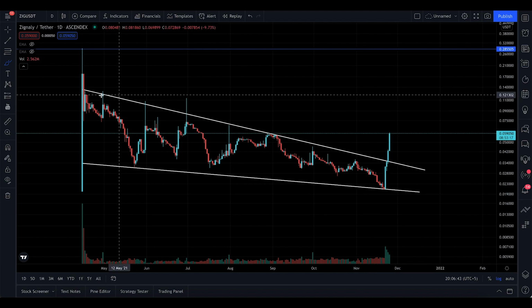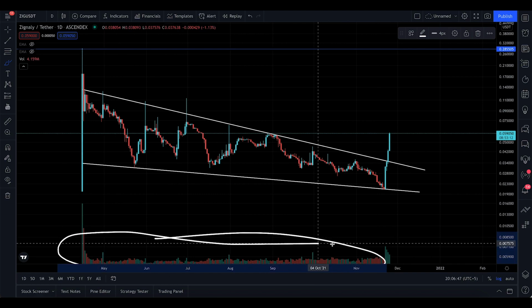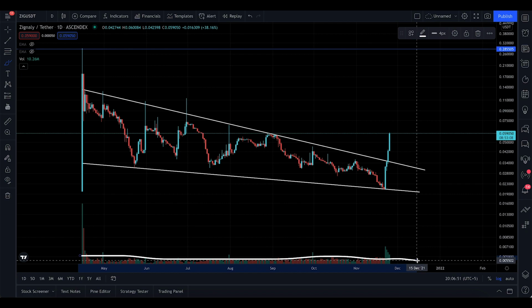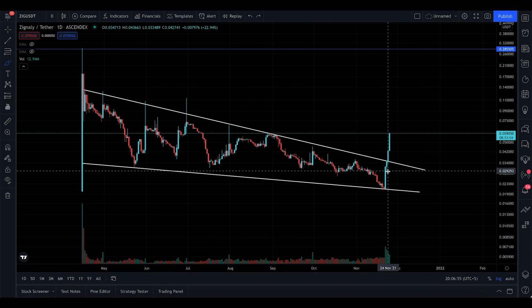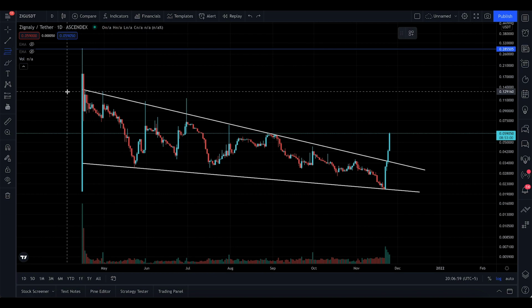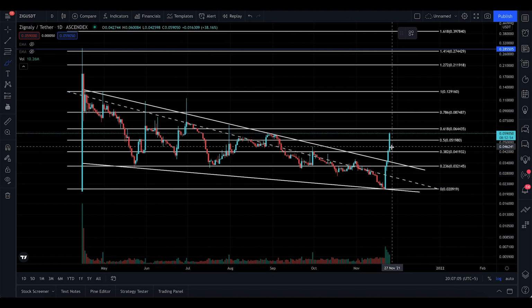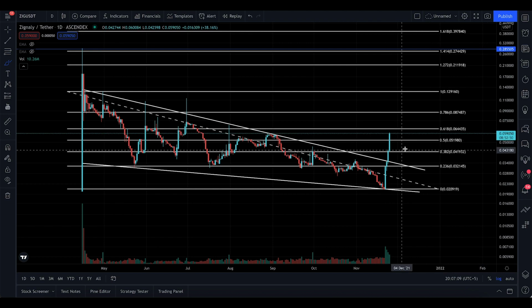So the volume as well, look at the volume down here. After a very, very long time, the volume also broke out. Look at that, a very clear breakout of volume. So this is absolutely bullish right now. And ignoring the wick up there, I'm going to take the top to the bottom right here, and I'm going to tell you the resistance that it's going to find. Of course, it seems like it wants to go to the 0.618 and find resistance there.